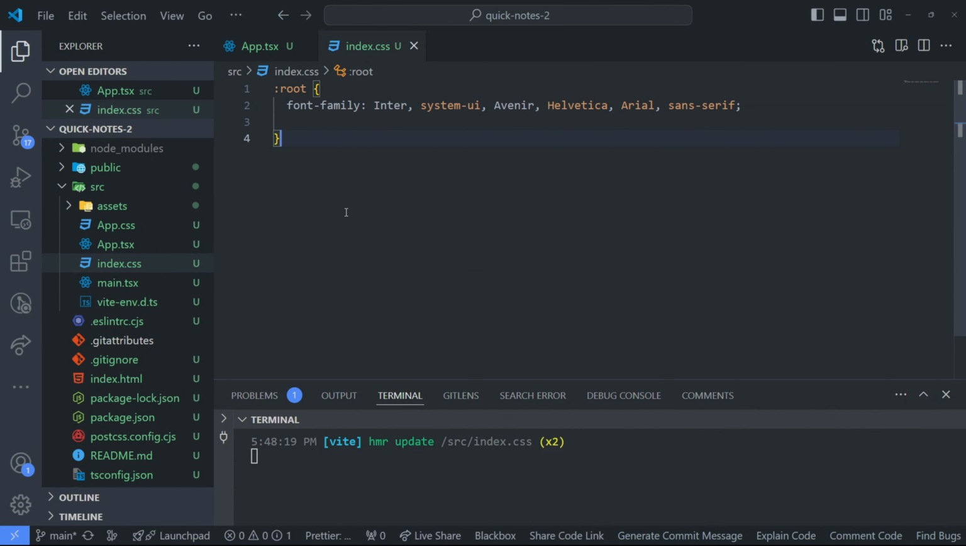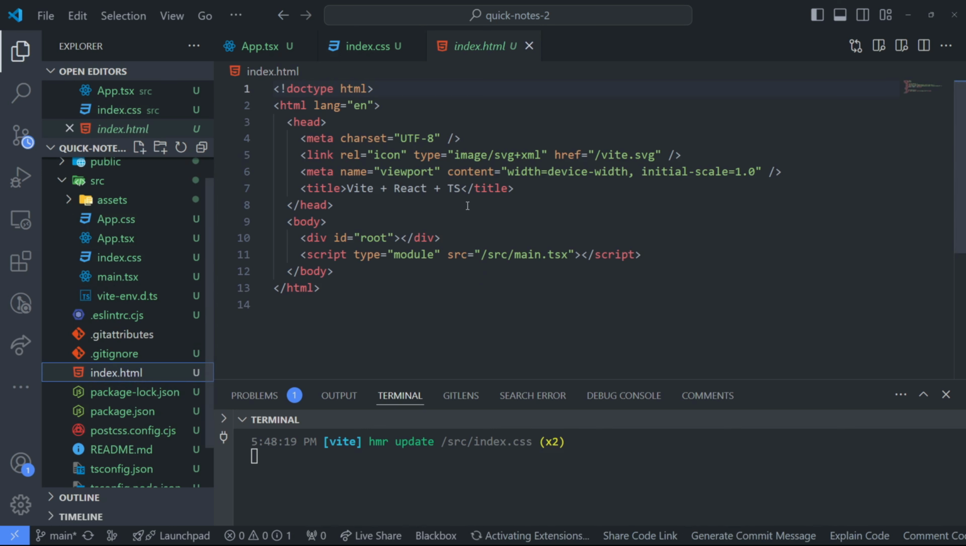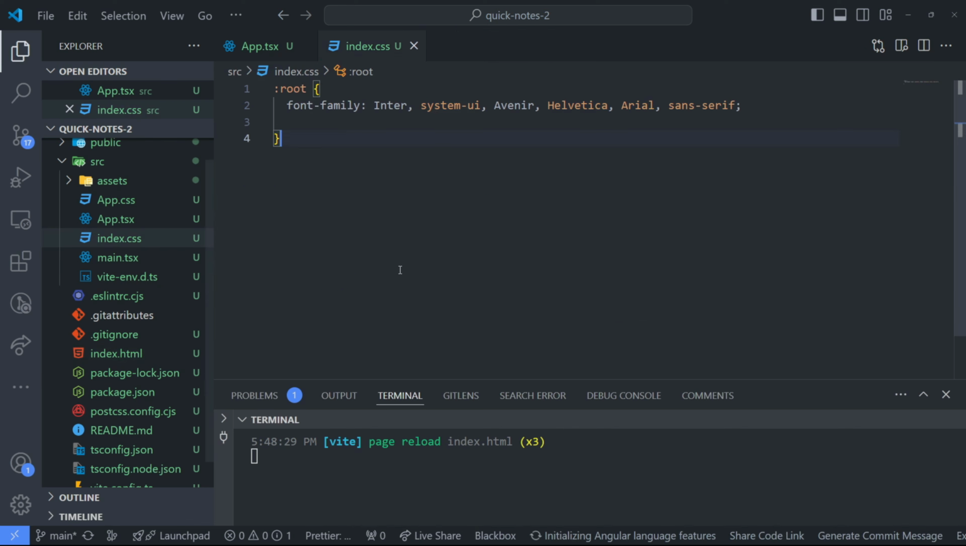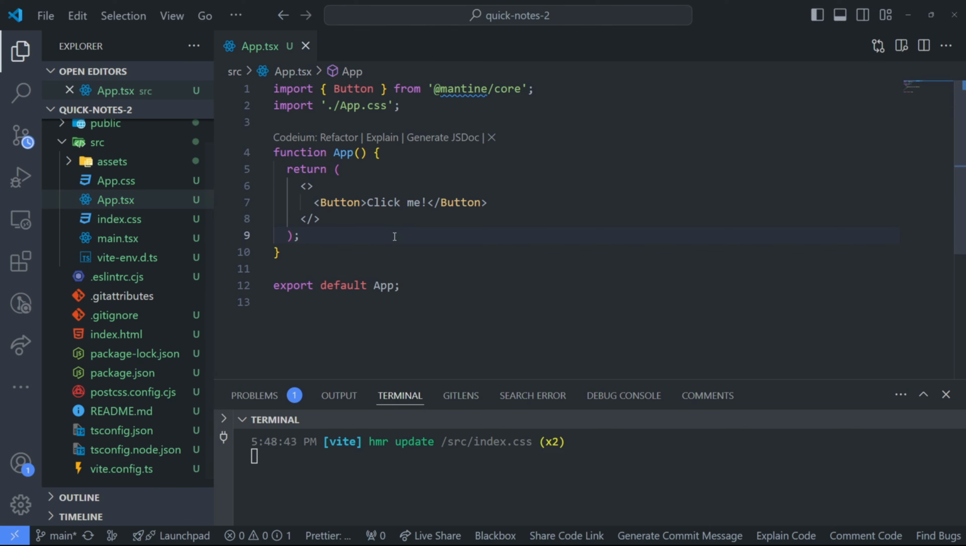So let me do some more cleanup here. Let's just go and rename this one, call it quick notes. Let me just add 2 just to see that this is the second one we are building. Let me clear this space here as well. Yeah, everything should be fine. If you go here, alright, cool. Do we have the name changing? Yeah, quick notes 2. Alright, so